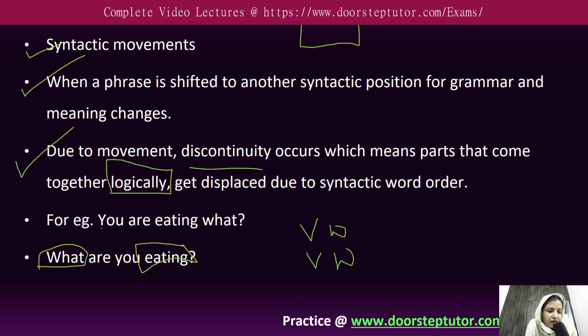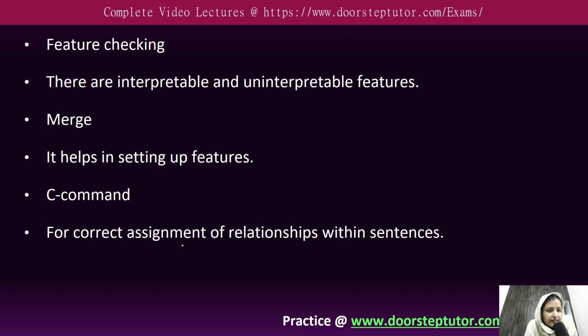Now they are displaced and appear at different places in the sentence. So this kind of discontinuity, this kind of displacement, arises due to syntactic movements, when you take chunks of the sentence and place them in different positions due to grammatical and semantic changes. I hope that syntactic movement and discontinuity are clear. Both go hand in hand: where one occurs, the other also occurs. Clear? Alright, now we will look at certain